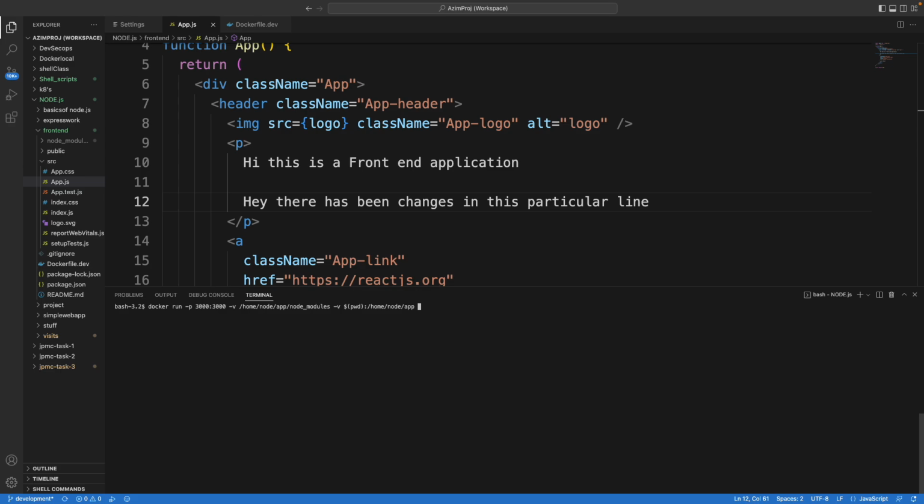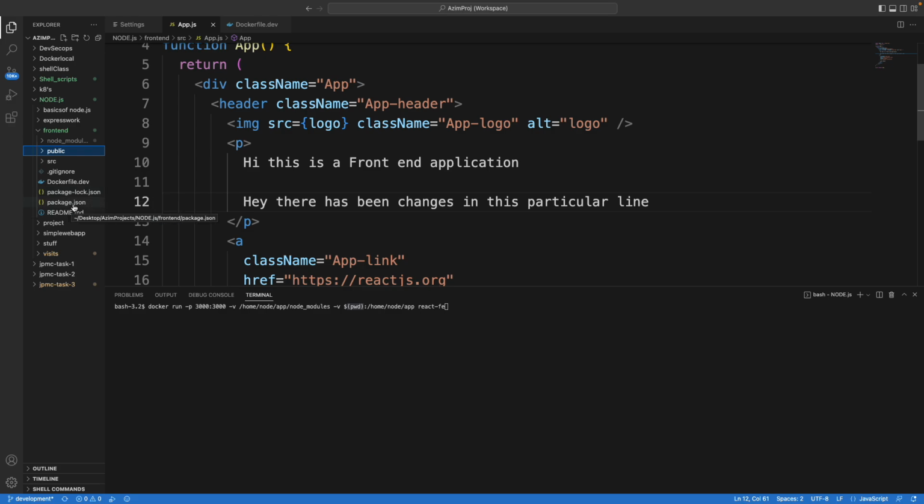Okay, and the image id is react fe. So we are telling that if we are mapping the existing directory, that is the present directory, in that particular directory map all the files but not the node modules files, because we're not making any dependency changes. So only the present working directory will be mapped, like the source file and the public file if there are any changes, and all the files like dockerfile.dev,